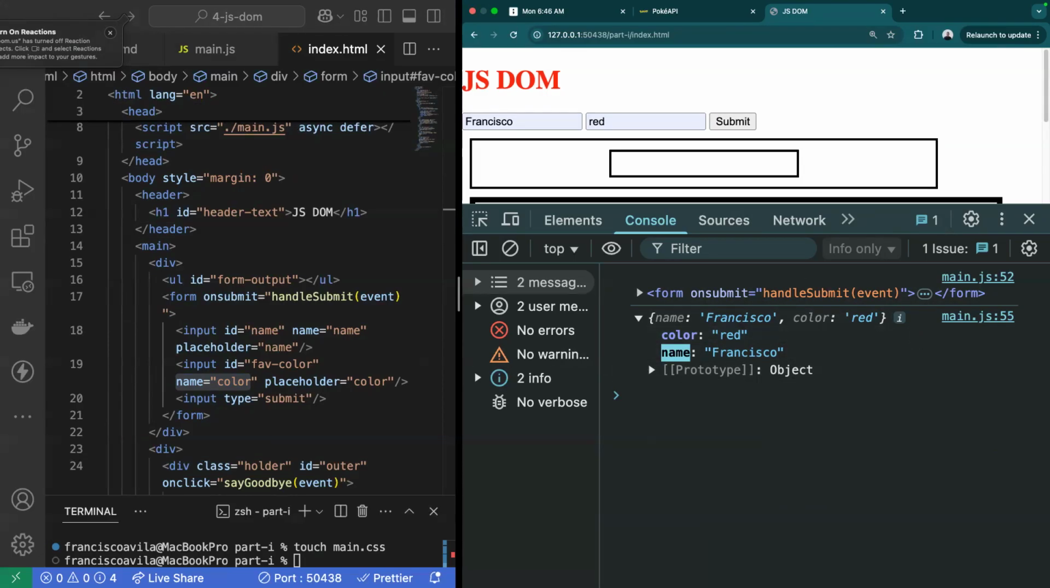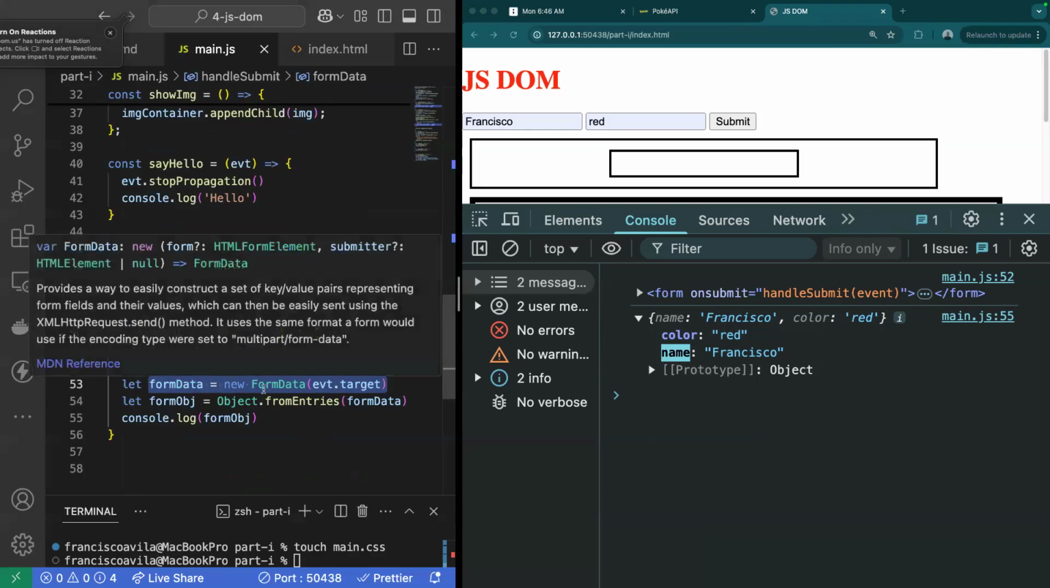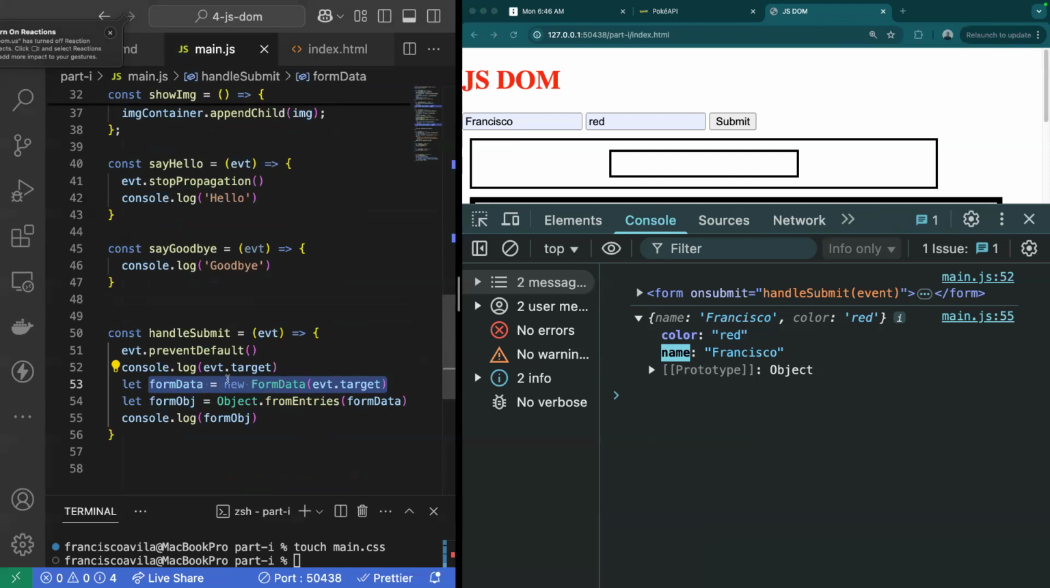Can you go back to the JavaScript file? Of course. So the new form data that I think you just went over, but to confirm, that's creating an object from the data that you're putting in that form? No. So this is creating a separate data structure. That separate data structure has a couple of attributes that we can interact with, but it's not really something that we can use. But we need this step